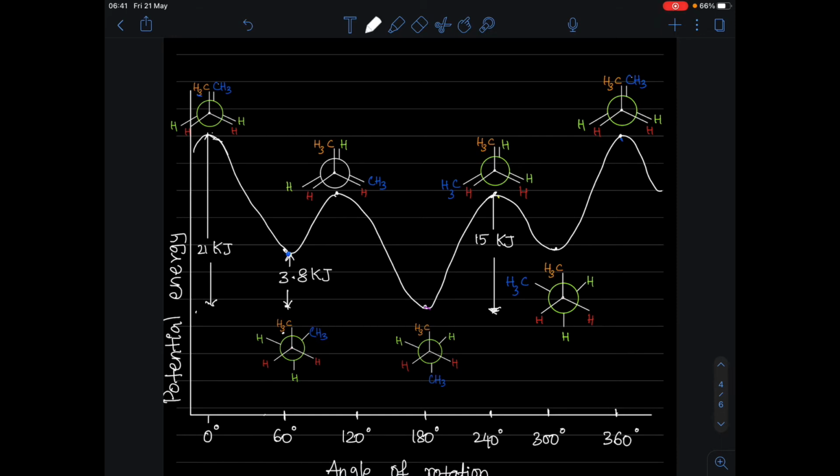So the energy of the molecule continues to decrease. After 60 degrees of rotation, it attains a gauche conformation where none of the atoms are repelling each other, so the energy of the molecule has become less. Again, as the molecule is rotated through another 60 degrees, the methyl groups and the hydrogen atoms come close to each other in space, so the energy of the molecule increases.